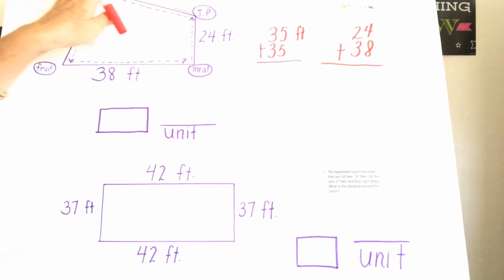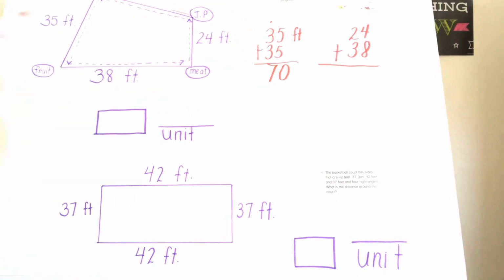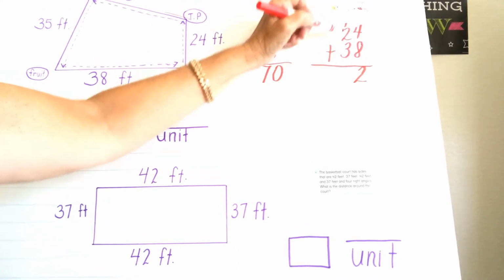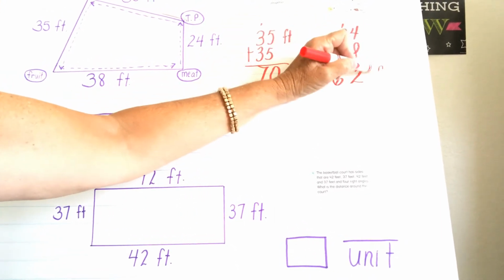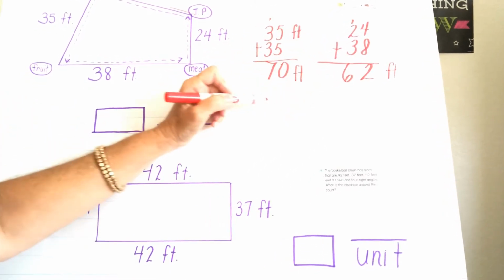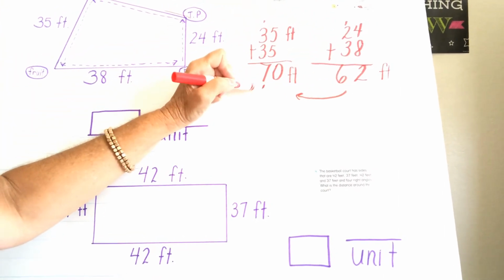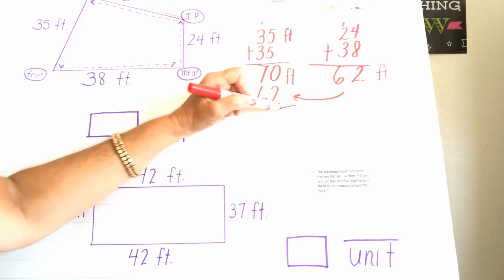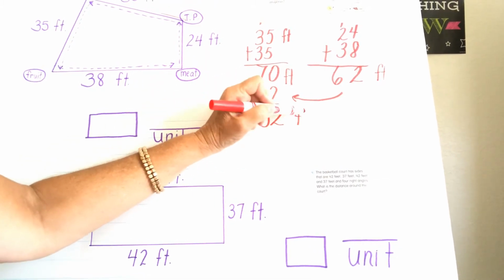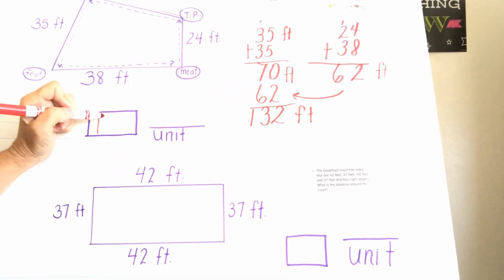All right, 35 plus 35, that will give me 70 feet. 24 plus 38, that will give me 62 feet. But now I've got to put these numbers together. So I've got 70, I'm going to bring 62 over, and I'm going to add 62, and my final answer will be 132 feet. So I'm going to put that here. The customer walked